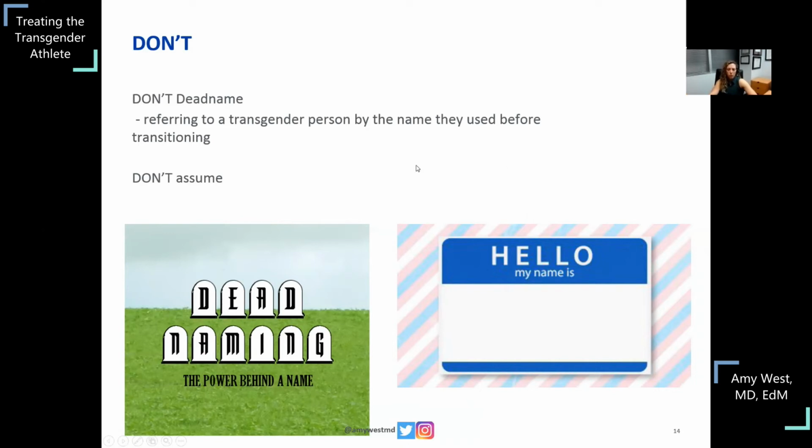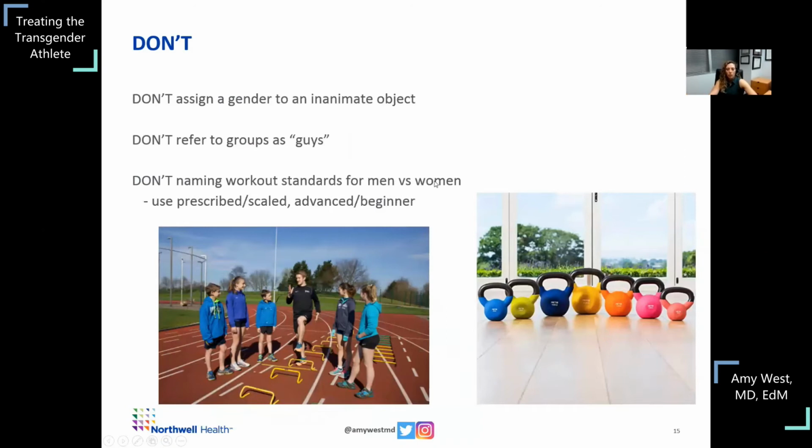And then just don't assume anything. If you have a question, ask. That's a way to reduce mistakes being made. Another thing not to do, in general, when you're dealing with a group of people, is assign a gender to an inanimate object. So, calling a group of kettlebells, "go grab those guys over there," or assigning a gender to things that don't need to be gendered. Sometimes we just do that, but we just gotta be a little more mindful about when we're doing that. Similarly, when you're addressing a group of people, don't say, "Hey, you guys, we're gonna go over here,"